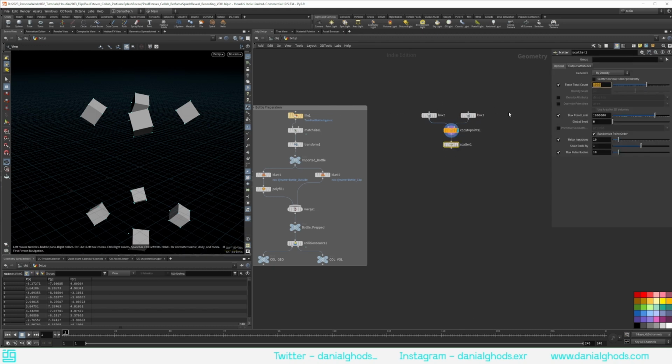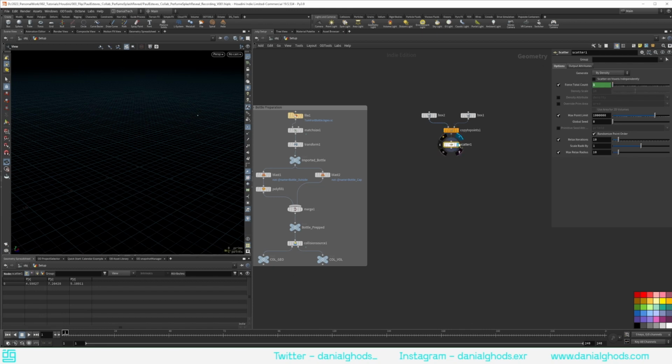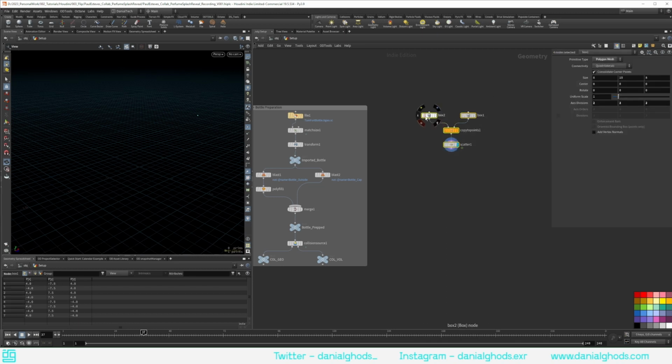In order to do that, we will do $FF, which is the subframe, modulo 12 equals 1. So if you take a look now, on frame 1, we are scattering 1 point. On frame 13, we're scattering another point. Frame 25, another point. 36, 37 actually, another point. And so on and so forth. Let's put this here to the side